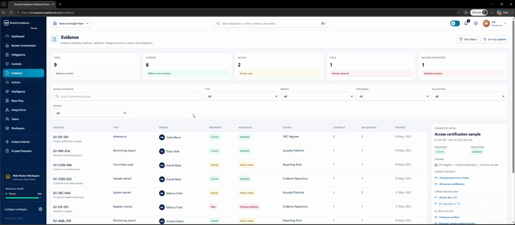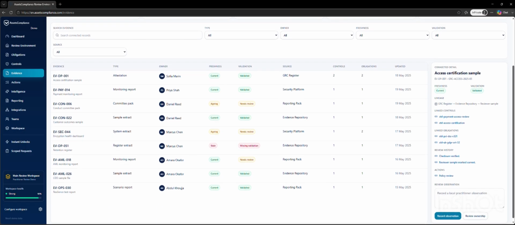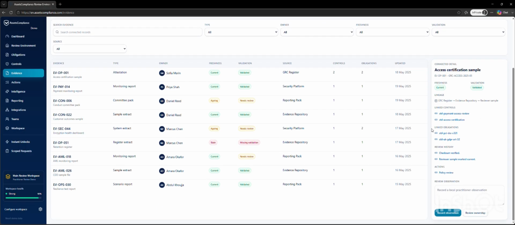Selecting a record opens the connected detail panel on the right. Here we can see the evidence itself together with its current freshness, validation status, source system, lineage, linked controls, linked obligations, and review history. This means evidence no longer exists as an isolated document. Instead, it forms part of the connected control picture, allowing practitioners to immediately understand exactly why it exists and what